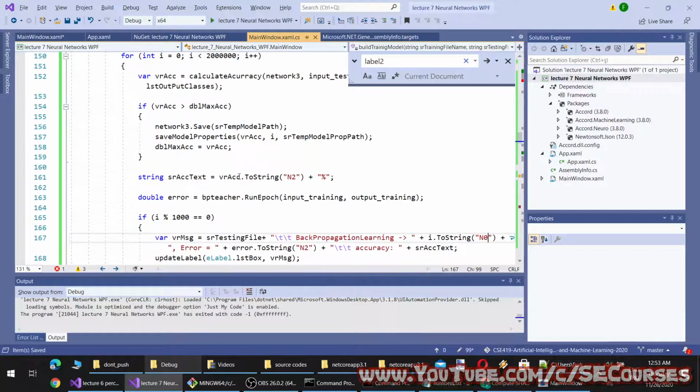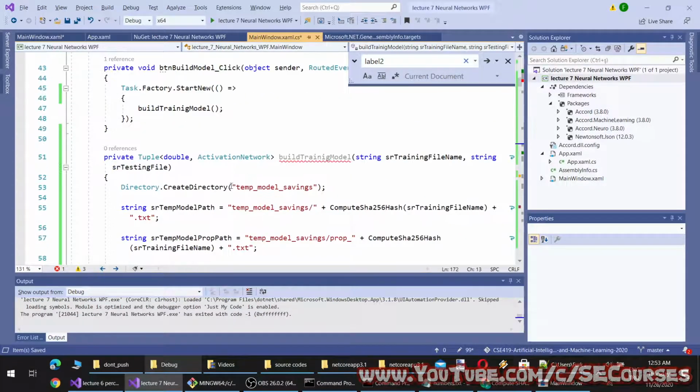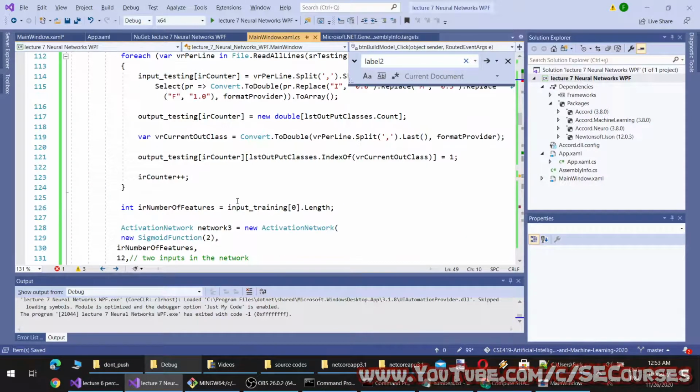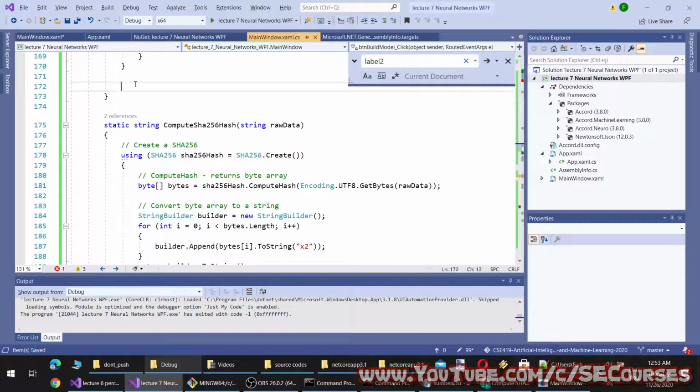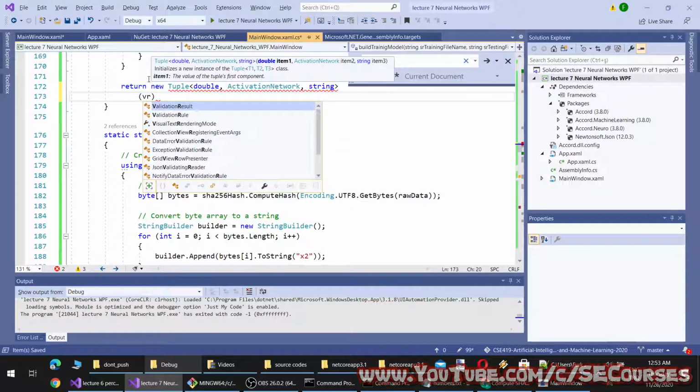Okay, and finally we will return the model and the properties. And for properties, I'll just return a string. Okay, and return new tuple, which will have accuracy.